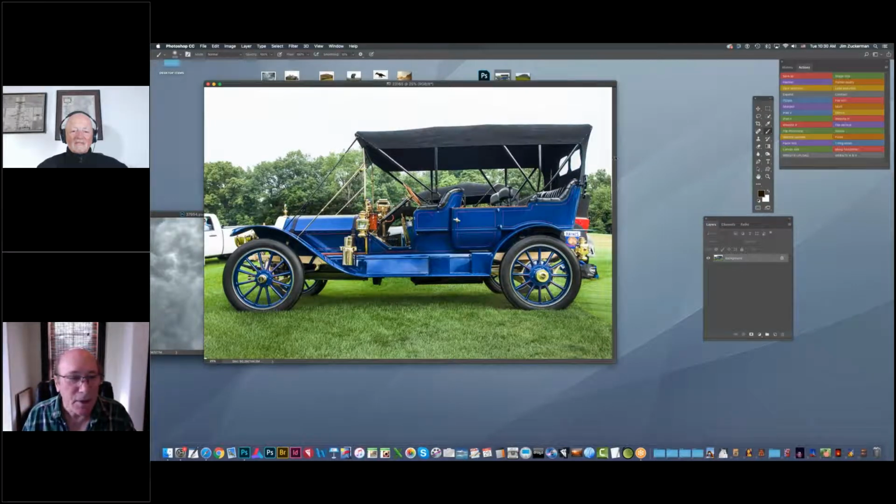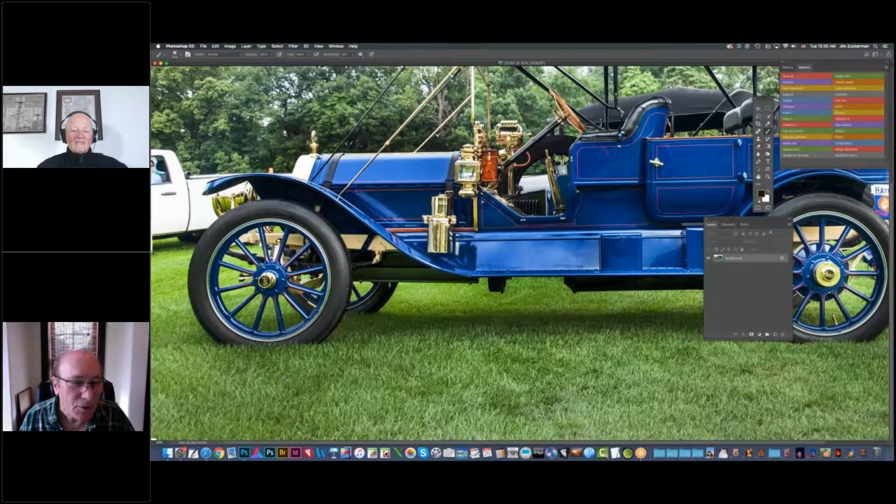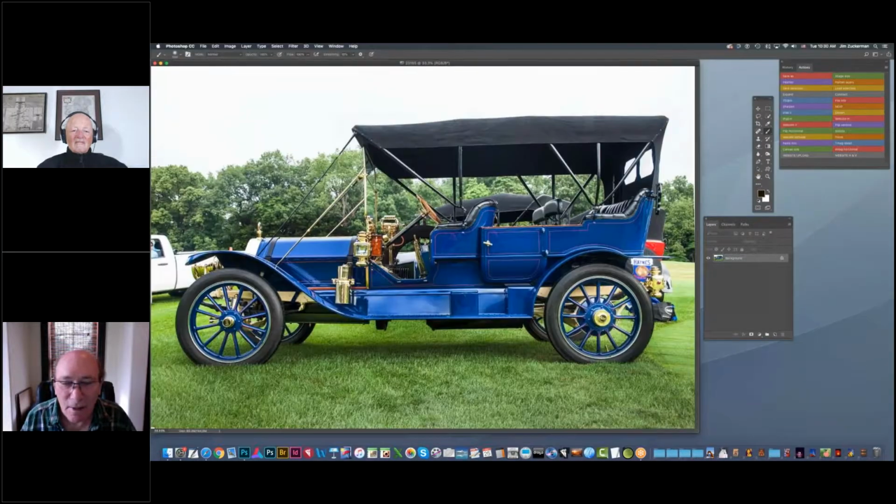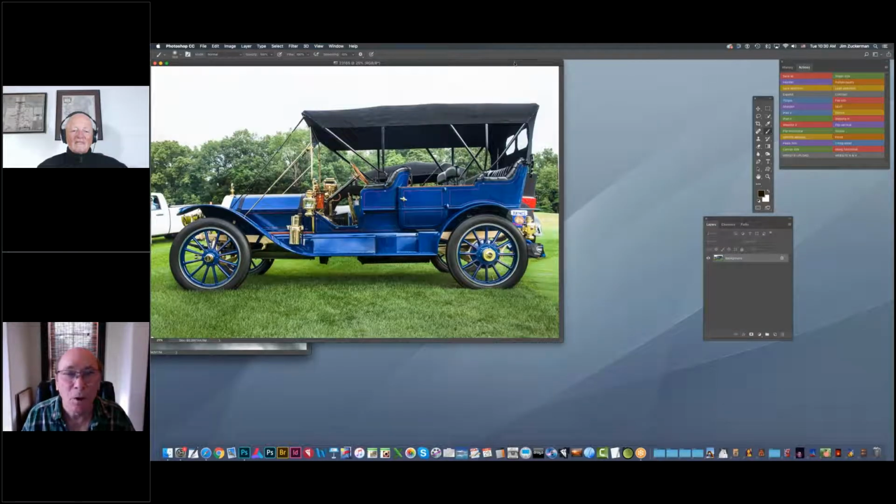The key in compositing a picture like this is it's on grass, and I'm going to take the grass with me into the next selection because it's very difficult to recreate something like this, the way the tires meet the grass. It's kind of possible. If I really had to do it, I could do it, but it's really hard and time consuming. Also, creating a perfect shadow is doable, but it's not easy. So what I like to do is I take the whole bottom part of the picture with the car,